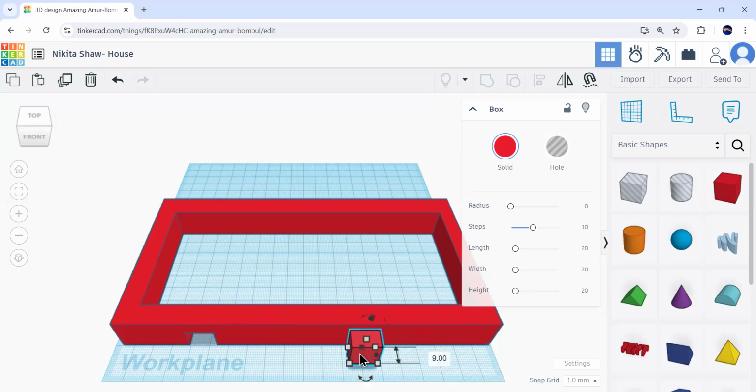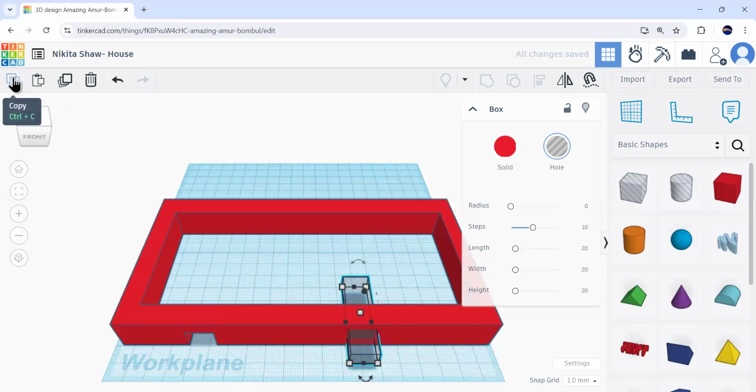So we'll again click on this black box and pull it the other way. I can still see that it is touching the ceiling, so I will reduce the height by clicking on this white box. Okay, so now we will click on the hole to make it transparent.